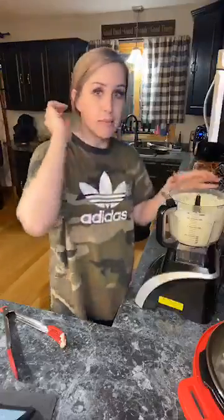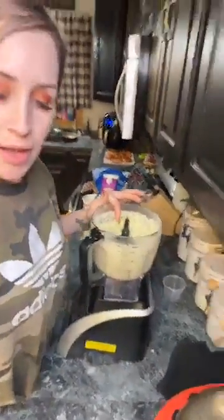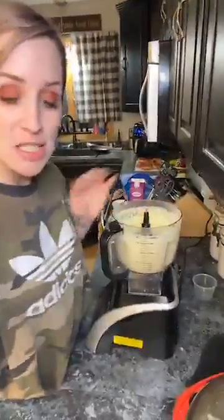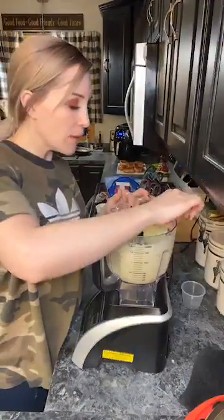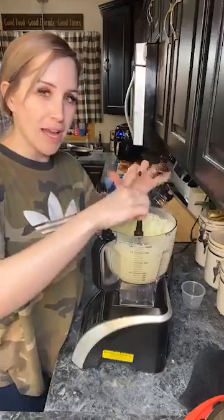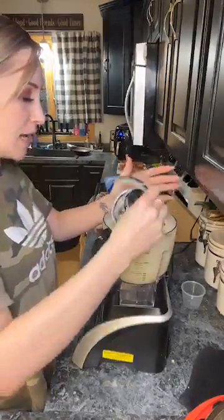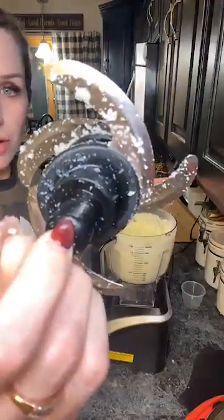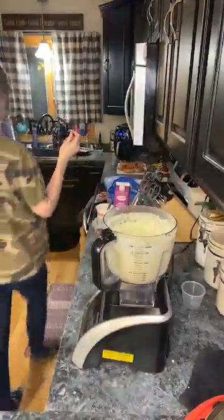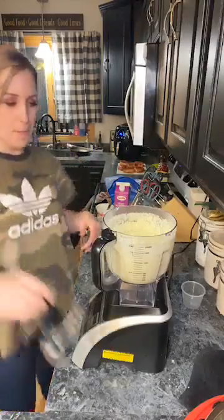Okay, so it's nice and blended up. We've got it all pureed in here. I wouldn't describe the texture as smooth. So I'm not sure if our cauliflower wasn't cooked all the way, or if cauliflower doesn't ever really become as smooth as potatoes. So we're just gonna go with that. It's very super fine grained, super blended. It says to, oh, I don't think I was supposed to do that just yet, but